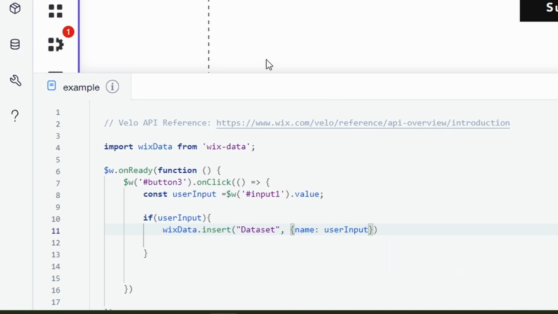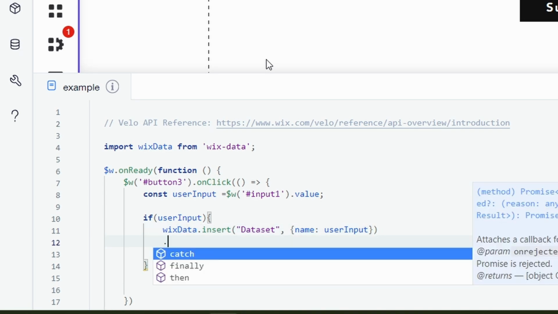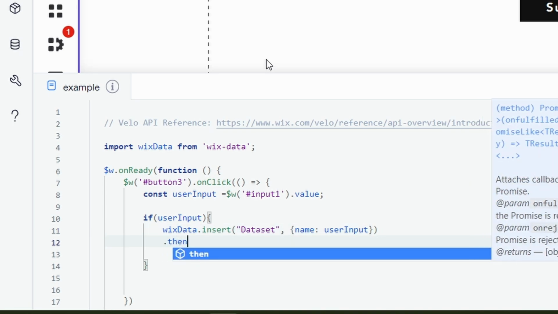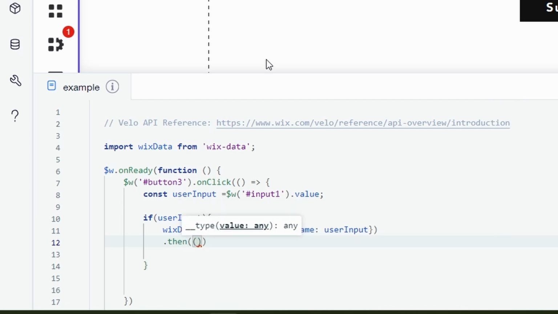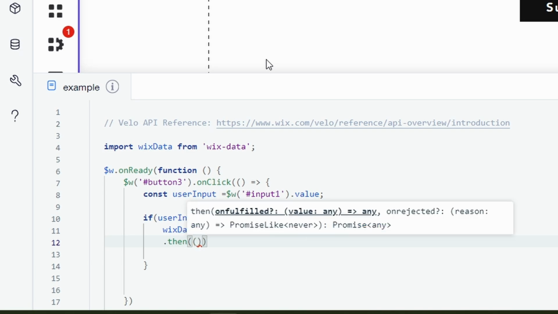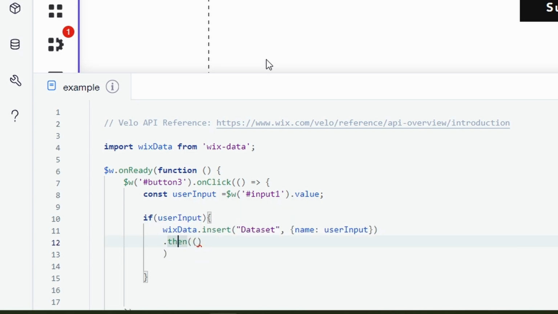There you go. Now, we're going to go back and we're going to click dot. Then, we're going to add in an error statement here. We're going to do double close parentheses. On the outside, we're going to press enter. After that, we're going to type in equal, and then an arrow, and then close parenthesis, and then a pair of brackets, enter again. Just so it's neat, I'm going to type in console.log